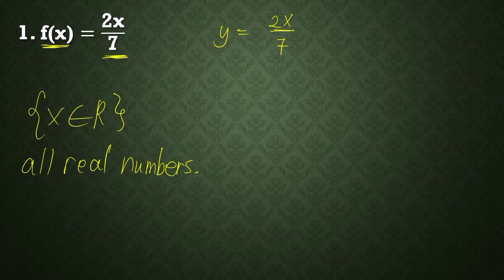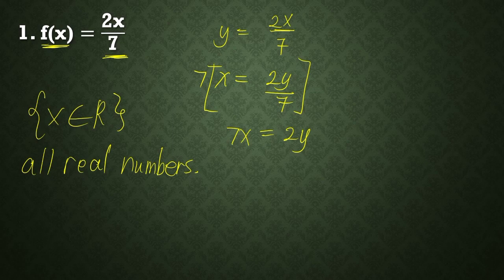Next, yung y tsaka yung x, pagpapalitin natin yung posisyon. So, magiging ganito siya, x equals 2y over 7. And then, we multiply the whole equation by 7 para matanggal yung denominator na 7. So, that is 7x equals 2y. And then, since inahanap natin yung